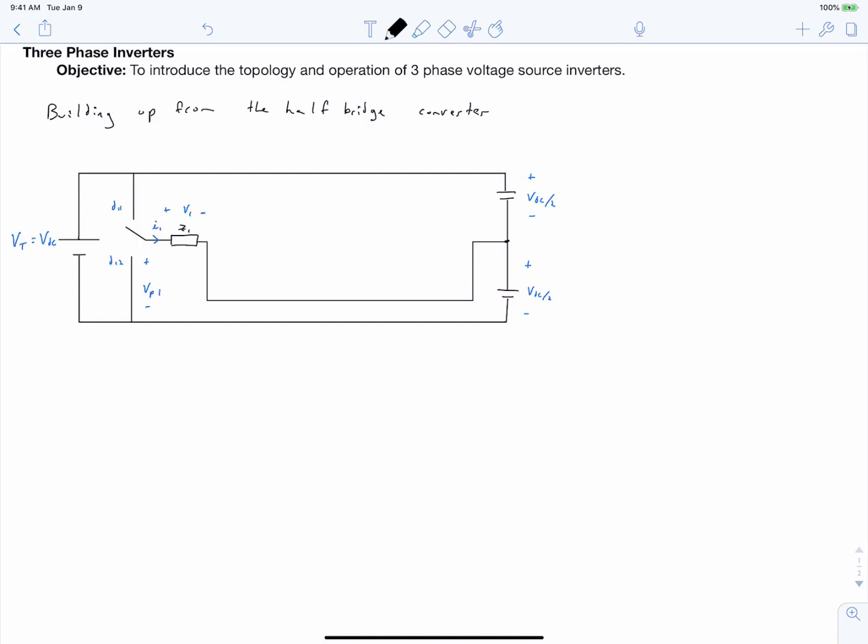The objective of this video is to introduce the topology and operation of three-phase voltage source inverters. If somebody is talking to you about an inverter and they don't specify what kind of inverter it is, it's probably a three-phase voltage source inverter. Voltage source inverters are the most common type of inverter in power electronics when you're talking about a few kilowatts